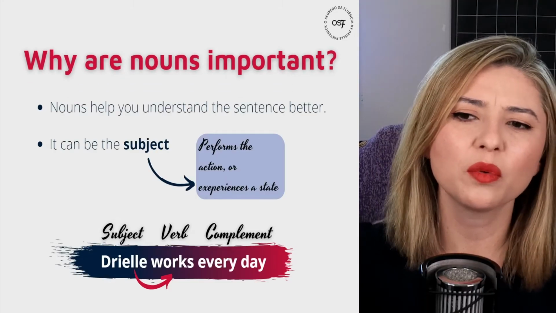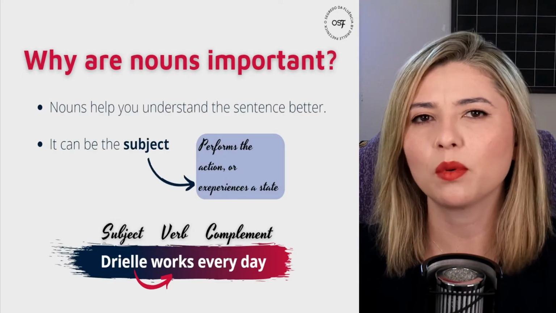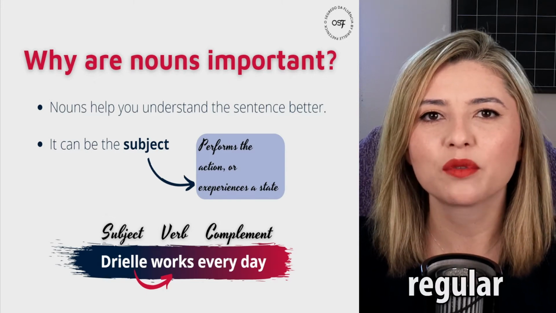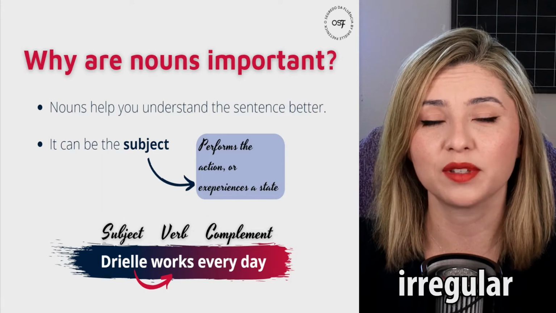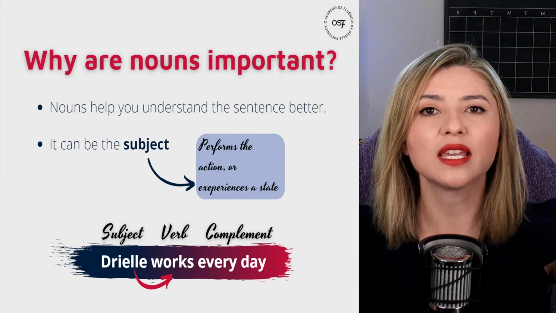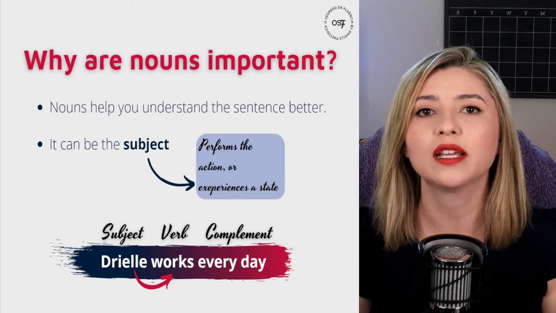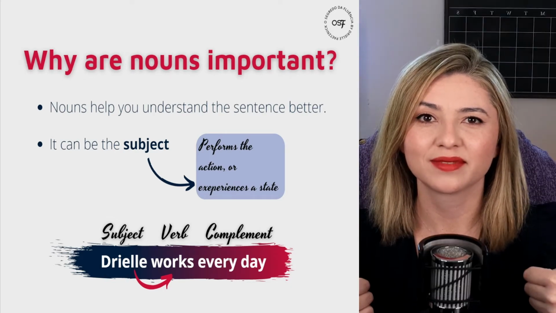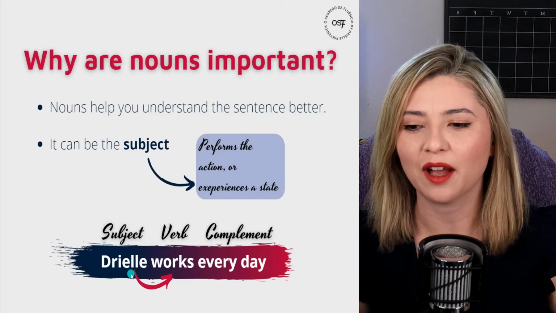So before we talk about why nouns are important, there is one thing that I forgot to include here, and it is about regular and irregular nouns. Regular nouns will receive an S whenever they are in the plural form. For example, chair, chairs. Okay, so that is a regular noun. But there are nouns that can be plural but don't receive an S. They either change their form completely or they remain the same. For example,